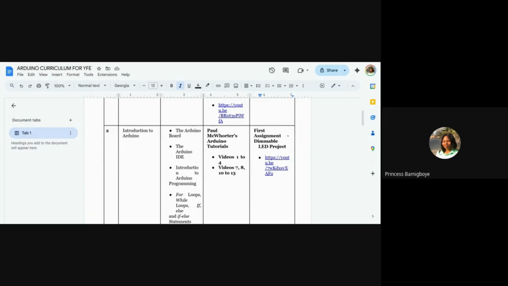So the next thing is the Arduino IDE. We have used up a lot of time, so I'll quickly rush through it.